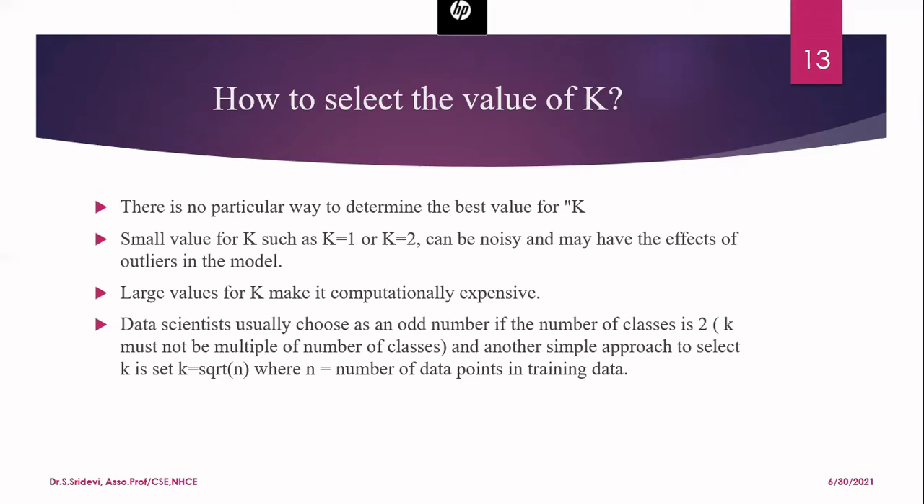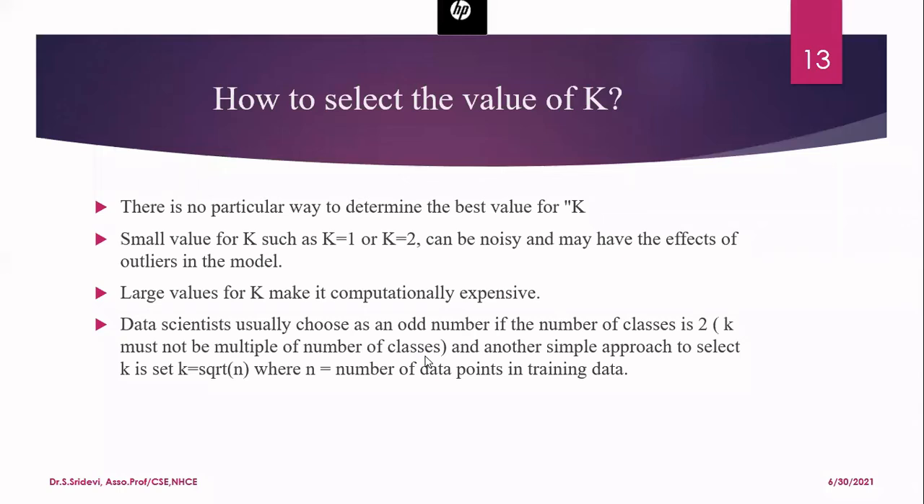So to break the tie, generally, if you go for binary classification where you have two classes, don't choose K as an even number. Select an odd number. And one more important thing is, this K must not be a multiple of the number of classes. What is the meaning here is,